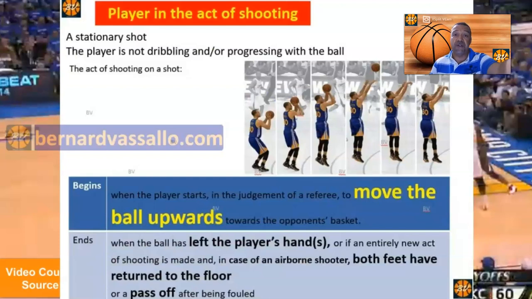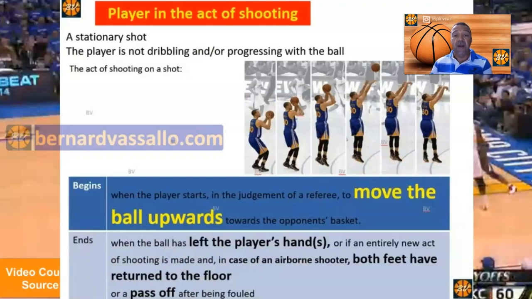The reason for this change was that the old rule was not very clear that there is a difference in these two circumstances, and the rule has been amended to introduce concepts that define the act of shooting in these two different circumstances. On the screen, you are seeing the relevant information as regards a player in the act of shooting on a normal shot.